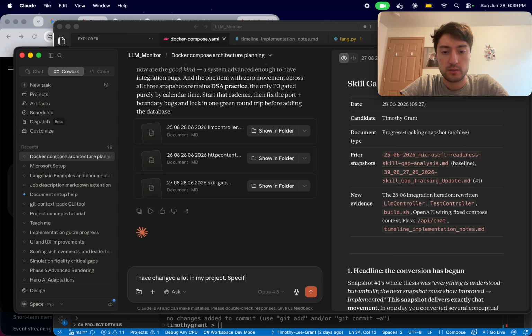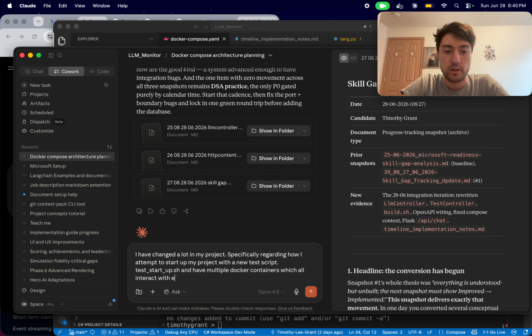specifically regarding how I attempt to start up my project with a new test script, test start up sh, and have multiple Docker containers which all interact with each other. So what I'm going to try to do right now is